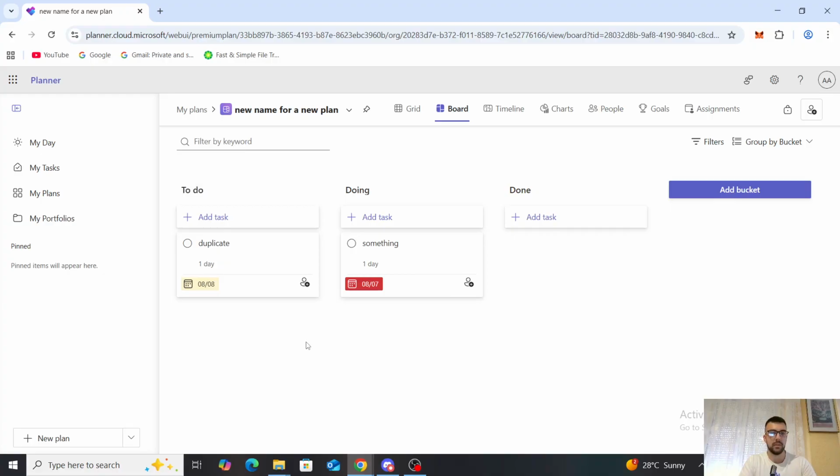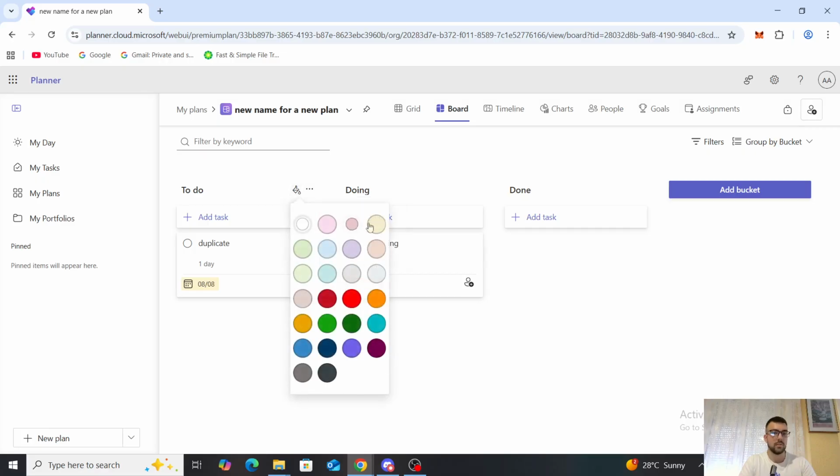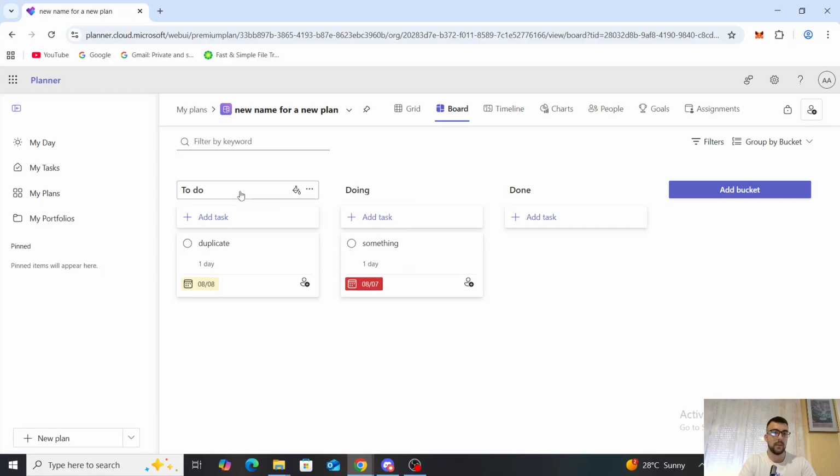You can rename it. You can also go through the three dots to rename it, delete, move right, and so on. So you can also click on here. So it's a color picker. So you can organize it through there. You can also see it organized like this. And finally, you can click on add a bucket,